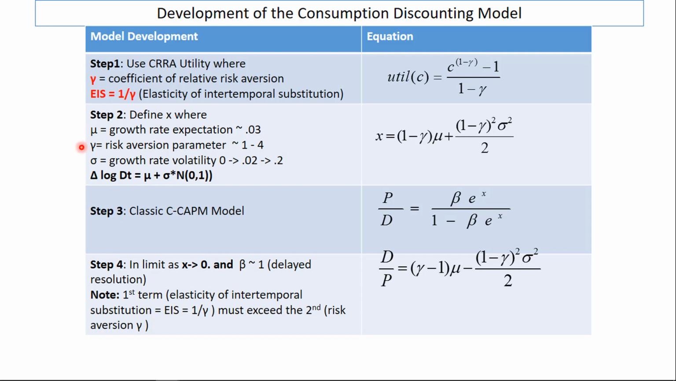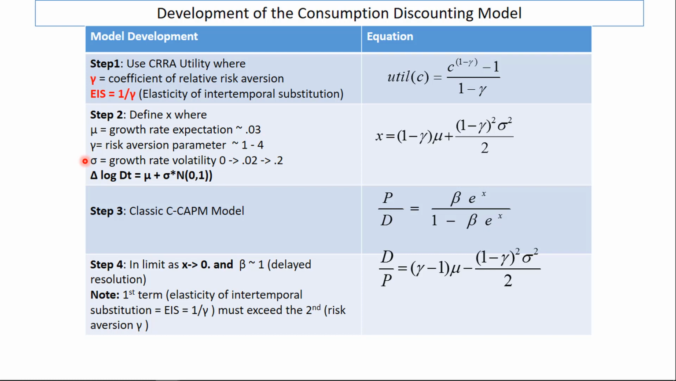Gamma is the coefficient of risk aversion, which is in the range 1 to 4. At least all the microeconomic studies have suggested that this is the range for the risk aversion that investors actually possess. And sigma is the growth rate volatility, and I will come back to this on the next slide or two. It's not clear what volatility actually to use, because volatility decreases with time horizon. And so we have to begin to understand the horizon of the investors